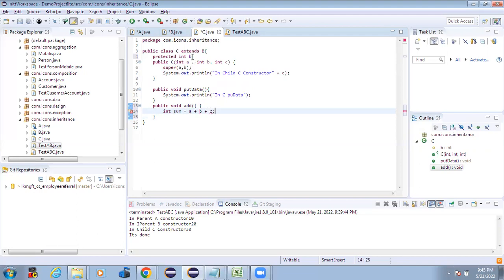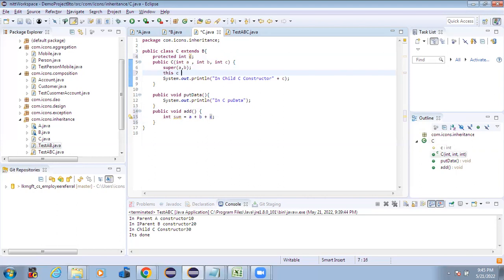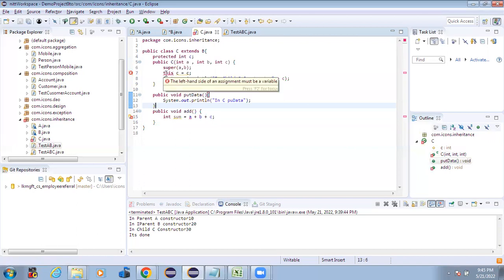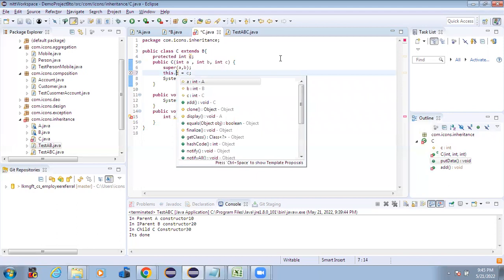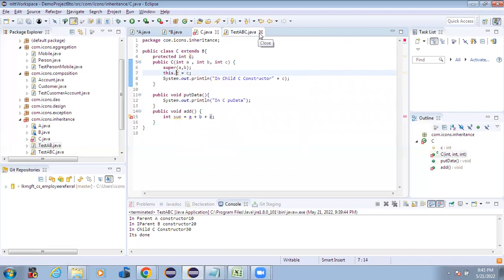Assume here I have created the C. Okay, like this, and I will put here this dot C is equals to C. Like this one I have created. See, why is it giving the error, the left-hand side of the assignment must be a variable? Okay, here dot is missing. So I have written it. Assume like B and C are there, and I want to write here sum, and you can see there is no problem. Here System.out, and here sum is equals